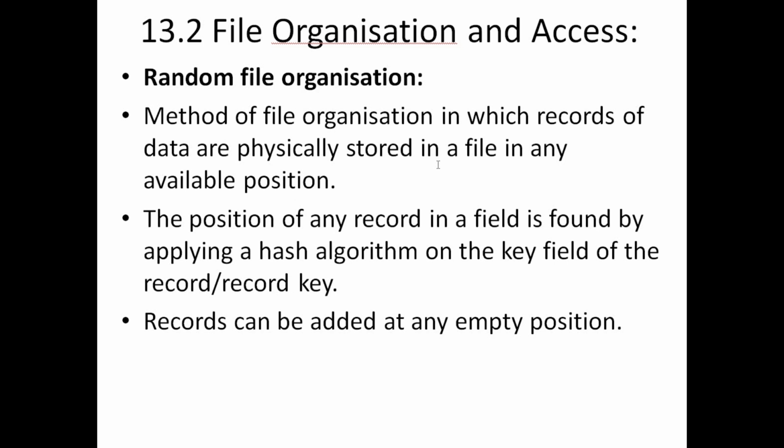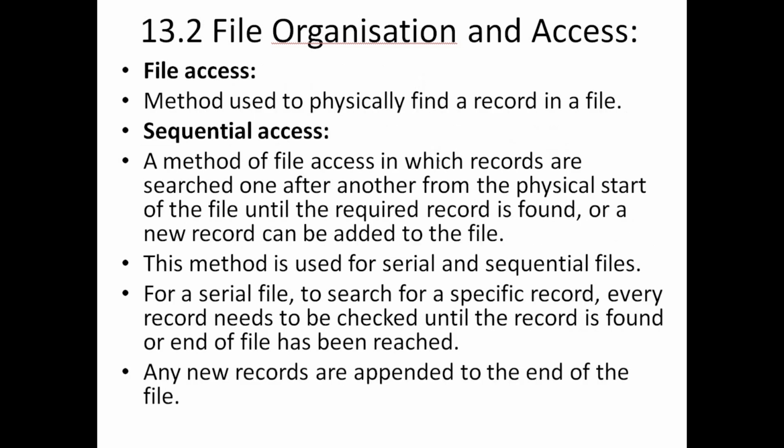which points to the location where that line is physically stored in the file. So whenever you try to search the file, the computer calculates the hash for it using the primary key field. That hash is looked up in the index table and you are quickly taken to that line.